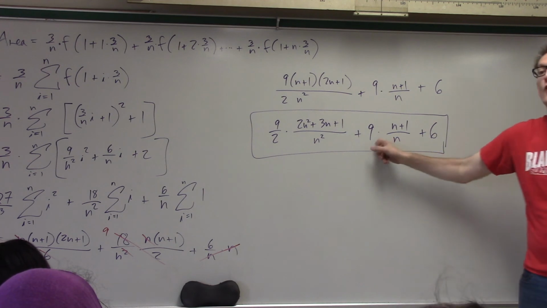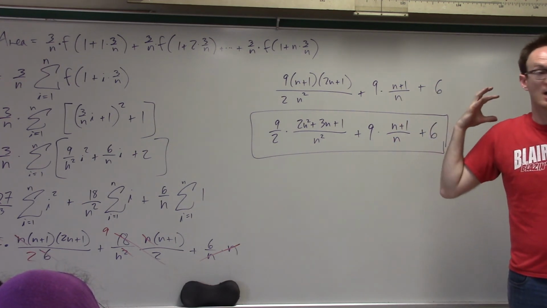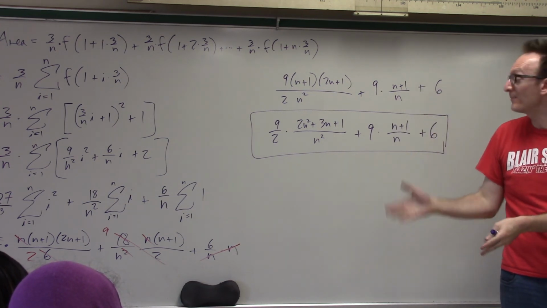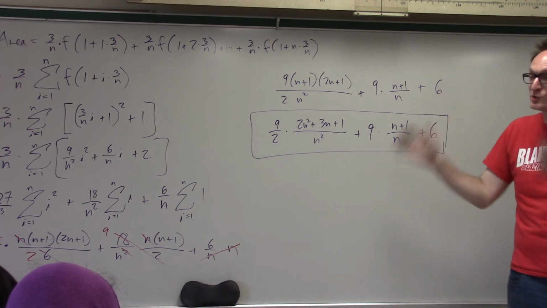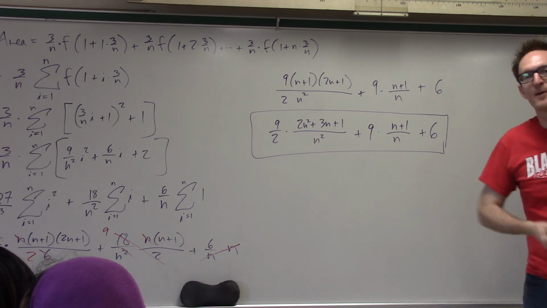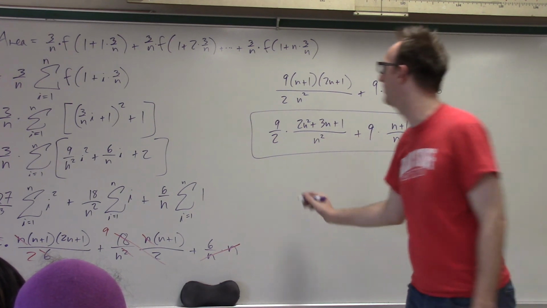In other words, this is like a formula. If I plugged in 10 for n, what would I get? Some number, which would be the area approximated by 10 subintervals. If I plug in 100 for n, then that would be the area as approximated by 100 rectangles. What number would you like to plug in for n? The biggest number ever. In other words, and now finally we do some calculus for the first moment, because calculus is all about infinity,